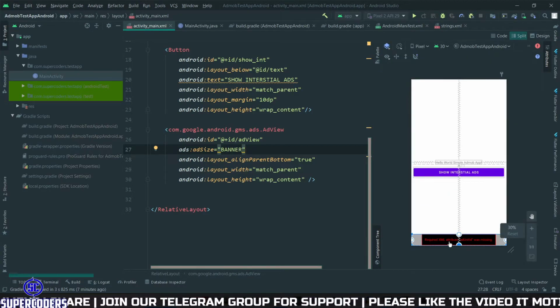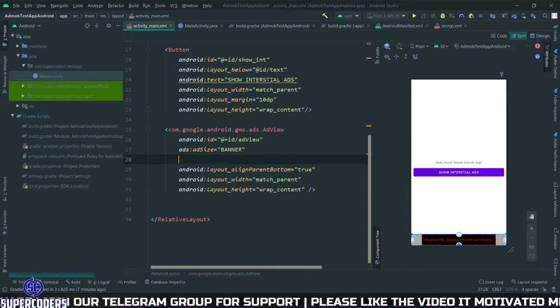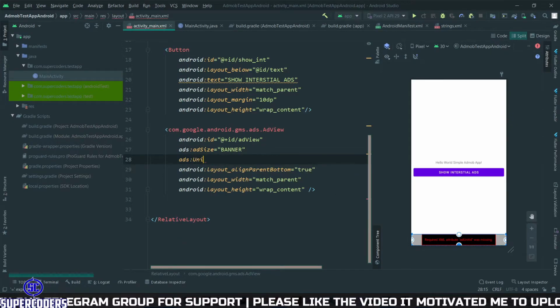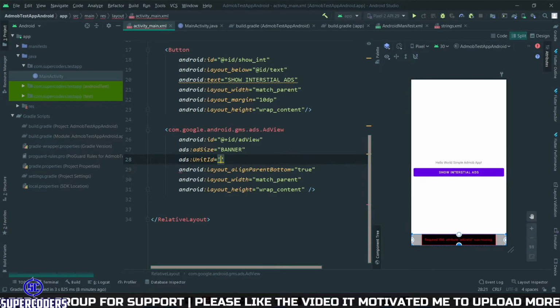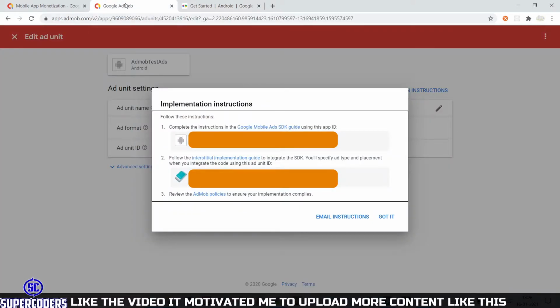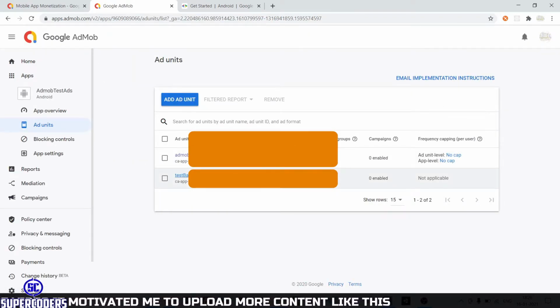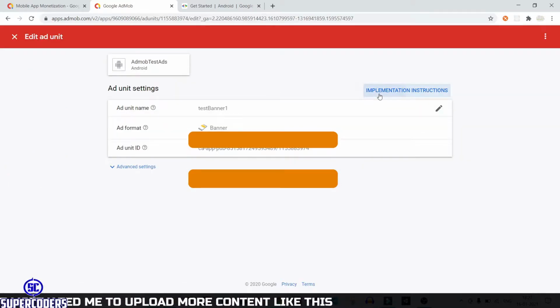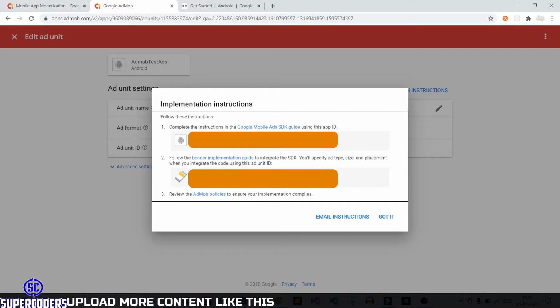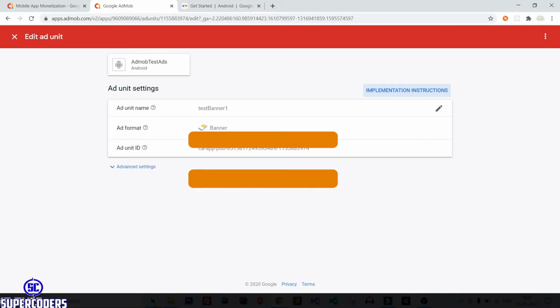Now the next step is to add the ad unit ID. So again, ads:adUnitId equal to, so here you need to pass your ad unit ID which you created for your banner. So let's see, back to Chrome, AdMob, and got it, close it, and here you can see banner ad, and here if you click you can see your ad ID. You can see this banner ID. So close. So simply copy the banner ID. Got it. Back to project.